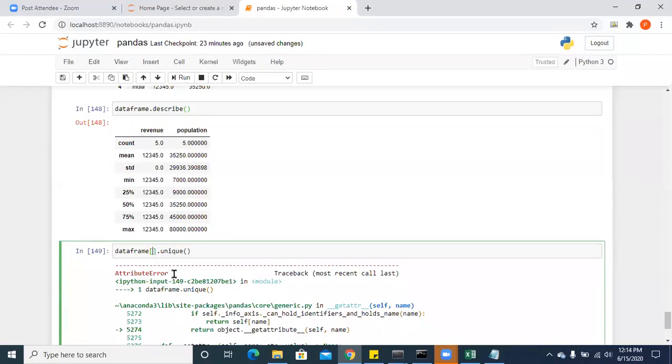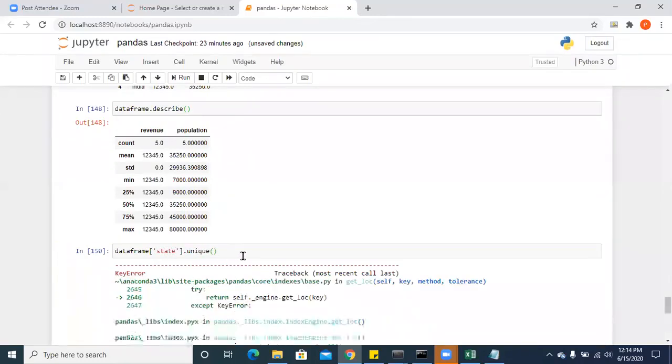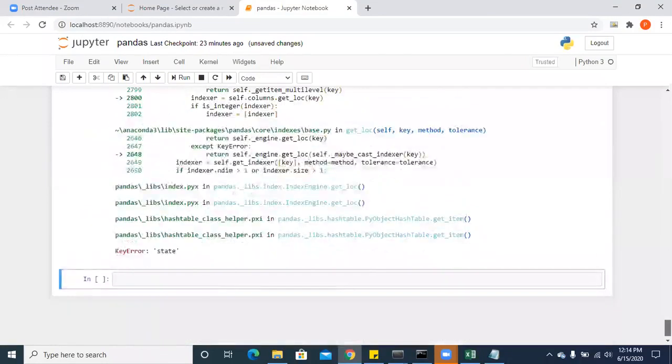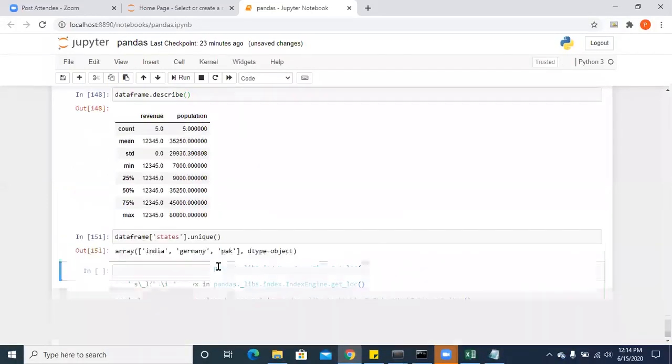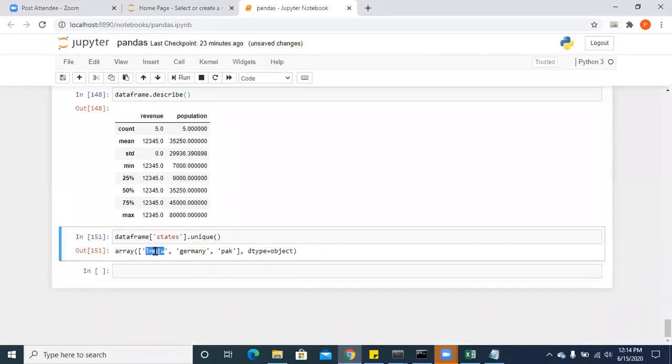So let's see states. States dot unique. What happened? States. If you see, the unique values in the states column are India, Germany, and Pakistan.